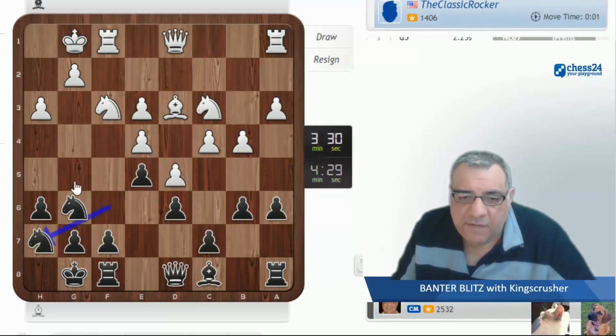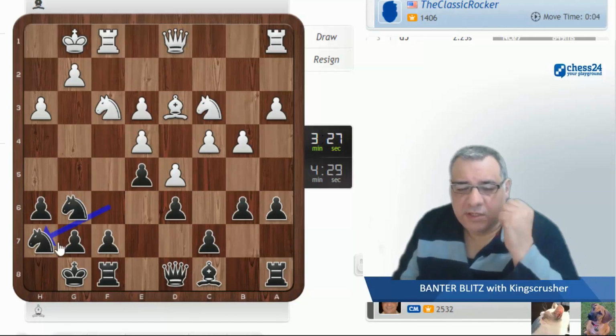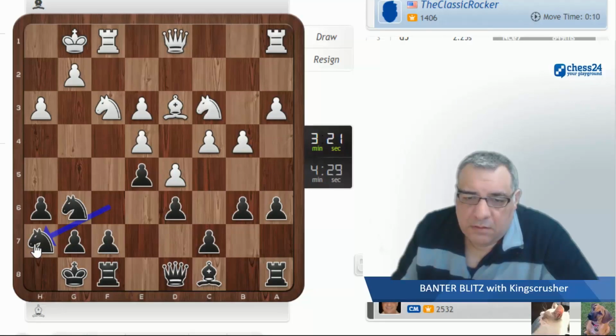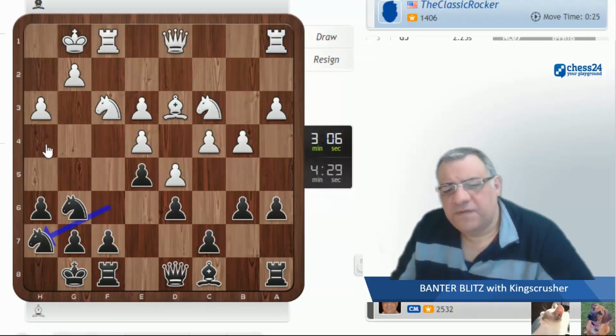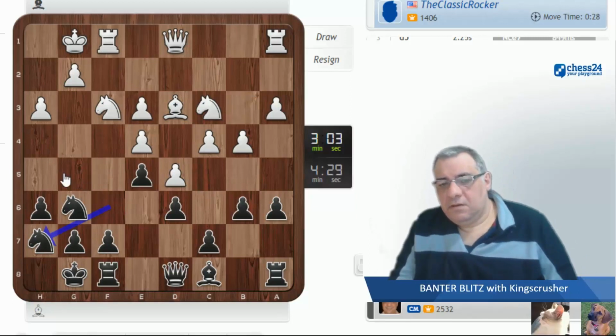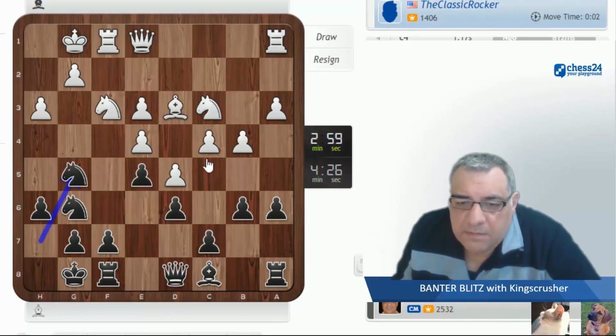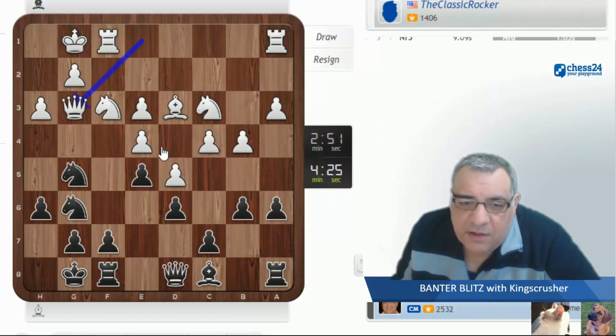So knight g5, this structure, okay, so knight g5, knight h4, knight h4, knight g5. I'm going to try knight g5. I don't like this particularly. Yeah. Okay. Anyway,